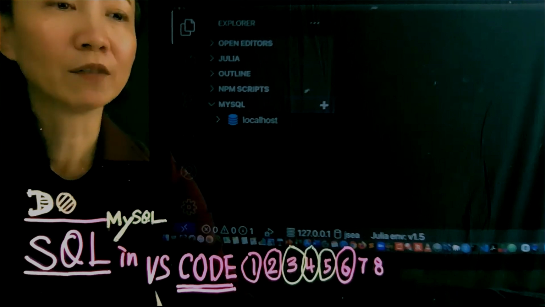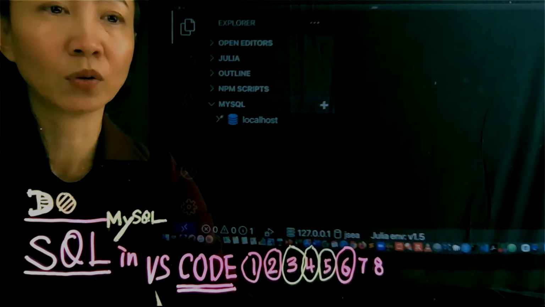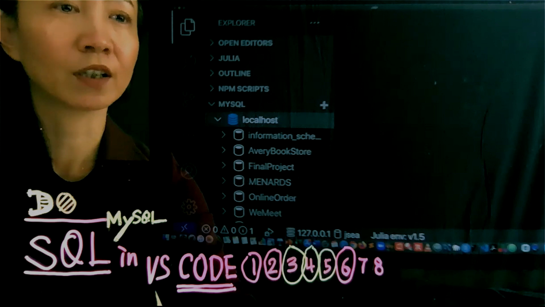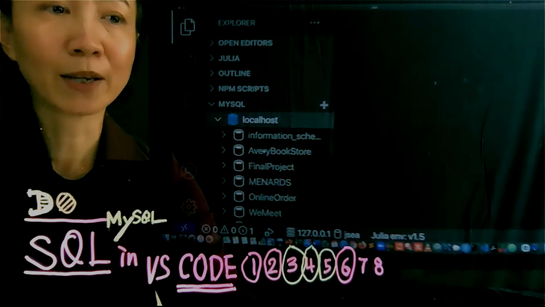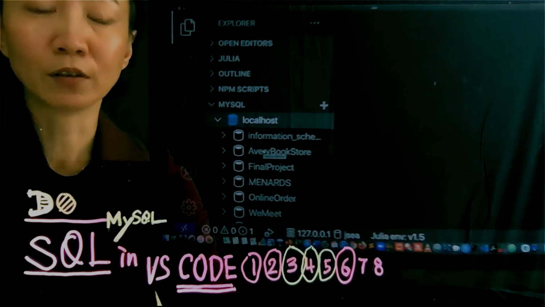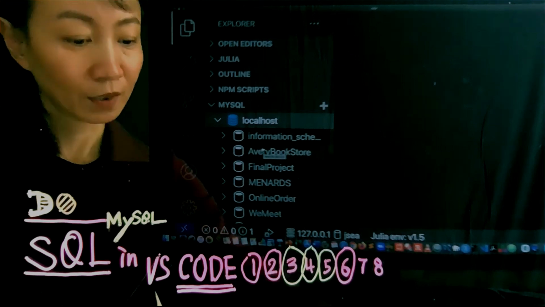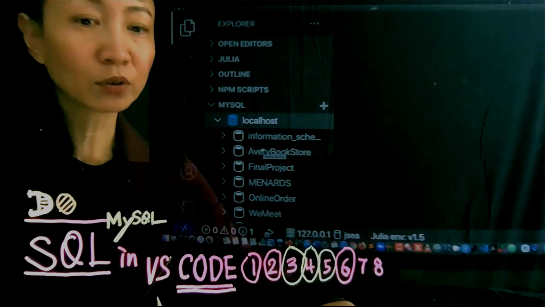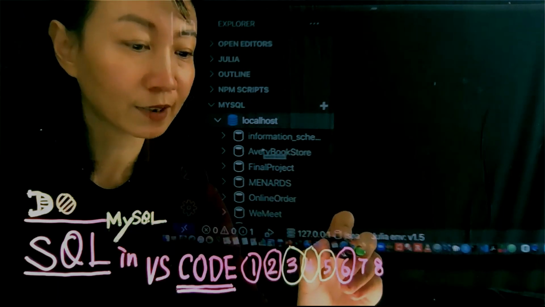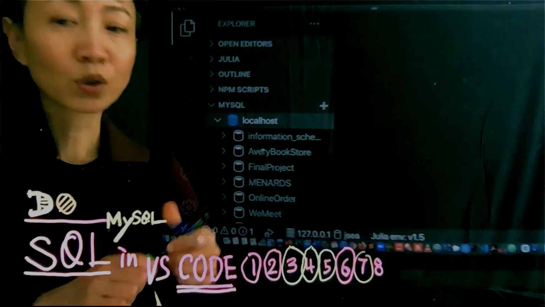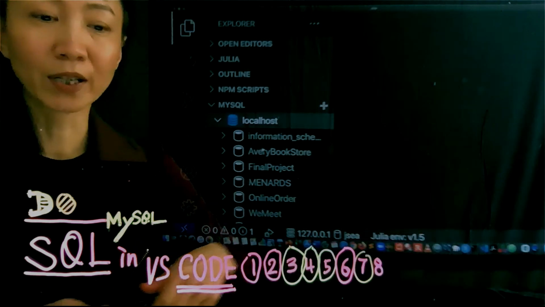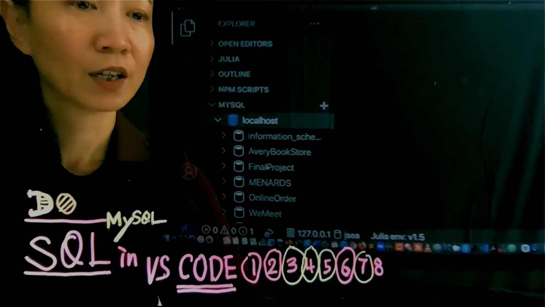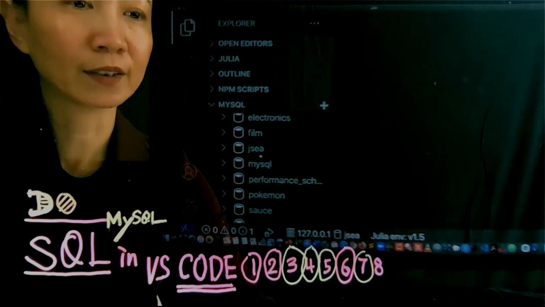Okay, so now we have localhost appearing under MySQL. Open localhost. You will see all the databases located in this database server. So now we just finished step 6. We can do the next step, to open a SQL query tab in Code. First, we pick a database.